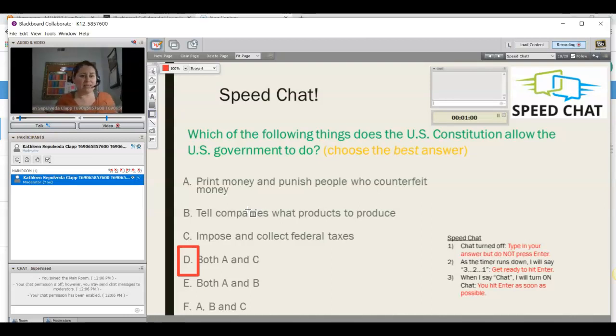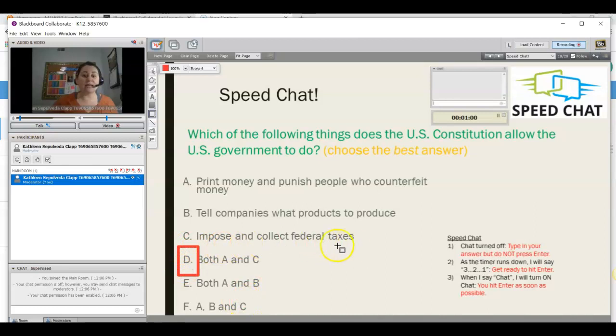What happens? Think about it. If you have people who are just going to print all this money, is it going to be worth anything? No. And so that's why you do not want anybody counterfeiting that money, meaning that they're going to print money on the basis of saying it is real, but really it is not. And that is actually a federal offense, and so you can go to jail for many years if you are caught counterfeiting any money or printing any money. Okay.